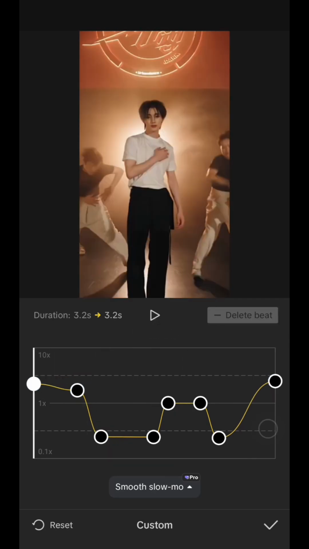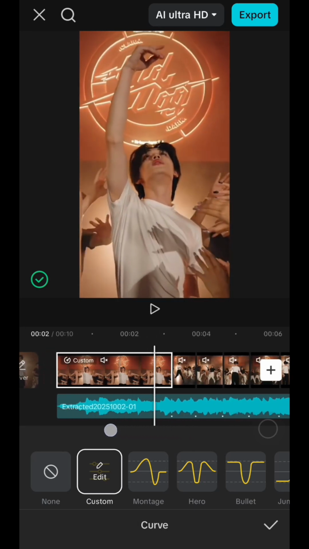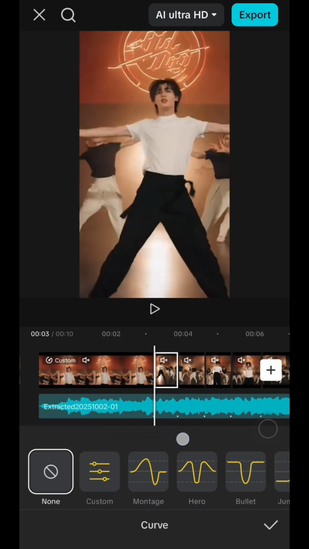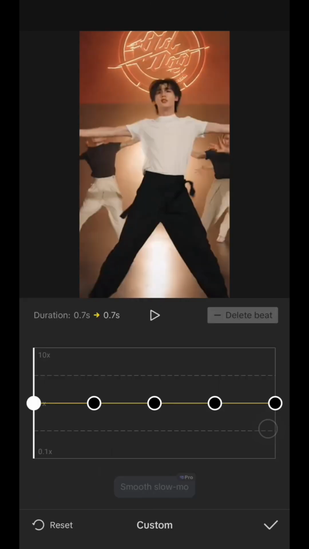Okay, like this. And then don't forget to set smooth slow-mo to better quality like this, and then just tick the checkbox. This way will make the result look smooth like this. And then for the short clips, adjust the speed like this, custom again, and then adjust the graph